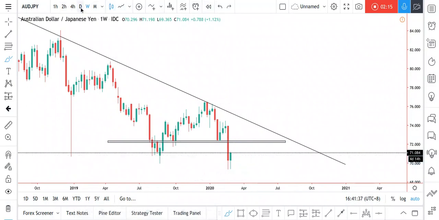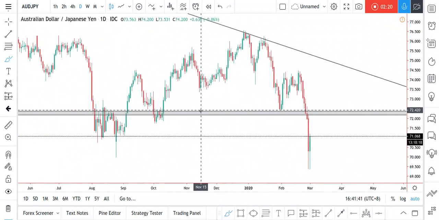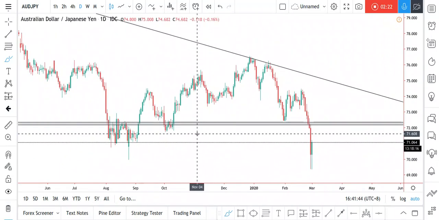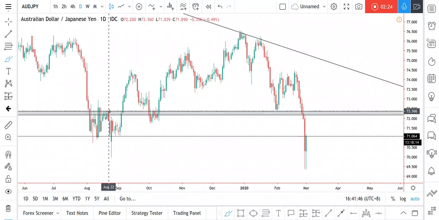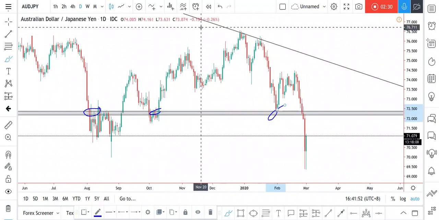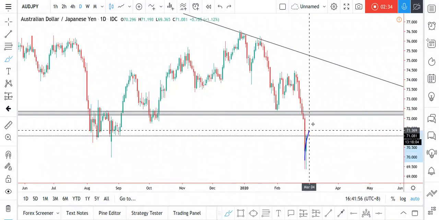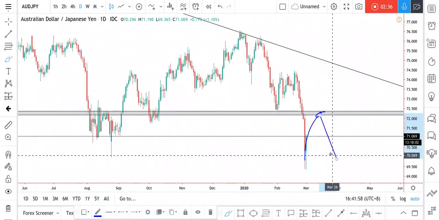So let's go down to the daily time frame and have a look. Now on the daily time frame, the area that I marked just now, it's very clear and simple to see that this is a strong area. As you can see around here, we had nice resistance, support over here. So what we're expecting is the market to come up and retest this area of interest and further continue